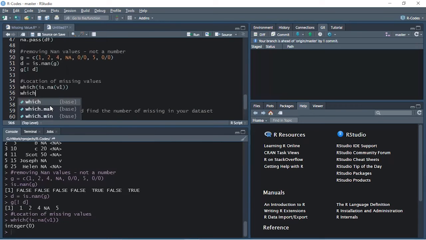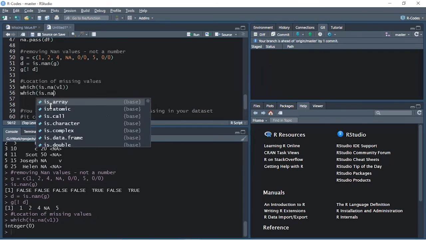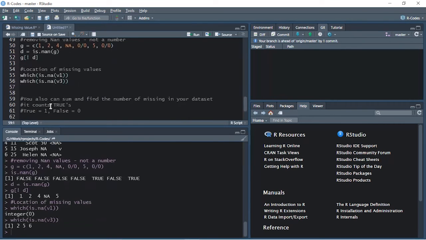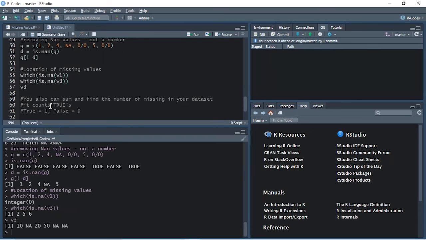Let's try it again, is.na for vector 3. On the 2nd, 5th, and 6th positions, there is a missing value. Let's validate it. Let's print v3, and you can validate that in the 2nd, 5th, and 6th positions, there is a missing value. Similarly, you can use it on any vector, whichever you want.